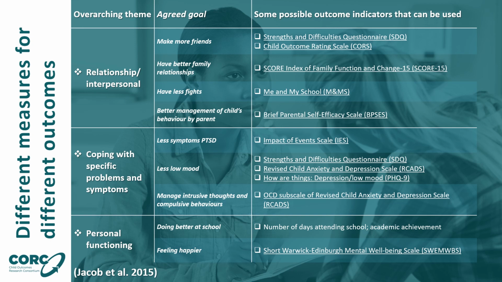Here are some examples of different tools suitable for these types of outcomes. Emerging themes were identified from 441 goals set during interventions occurring between 2007 and 2010. The paper from which this is extracted is referenced at the bottom of this slide. This shows which measurement tool would be appropriate for gathering data on whether that particular outcome has been achieved. For example, if a young person attends your intervention hoping to walk away with the skill to make more friends, then you can measure that by using tools such as the Strengths and Difficulties questionnaire or the Child Outcome Rating Scale.